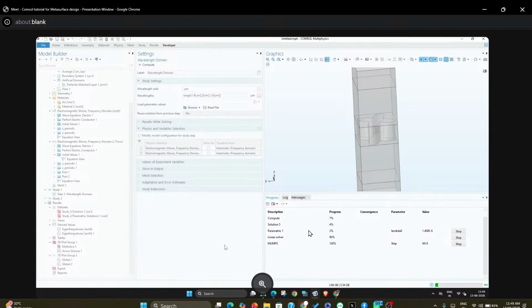So now you can see the progress here. 5 200 nanometer. So